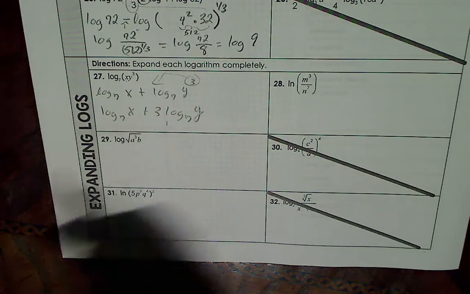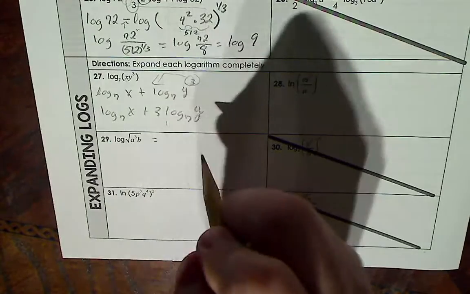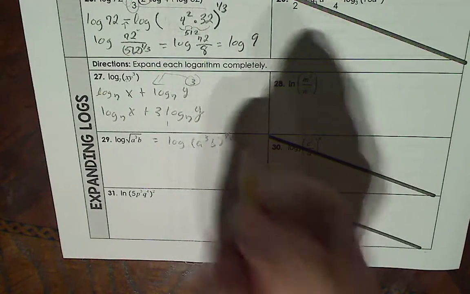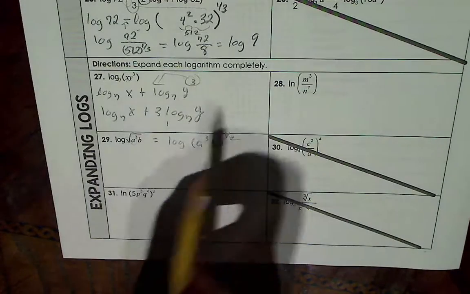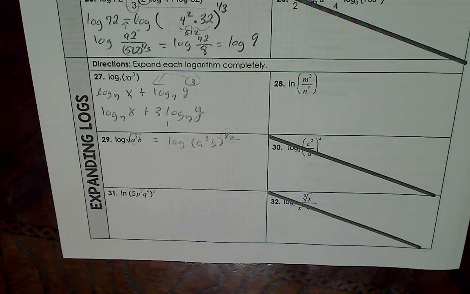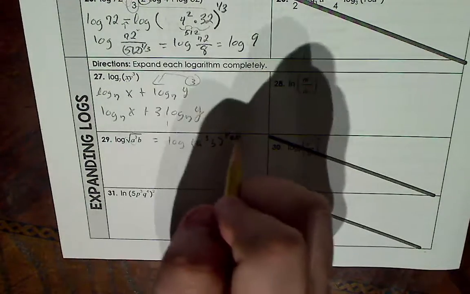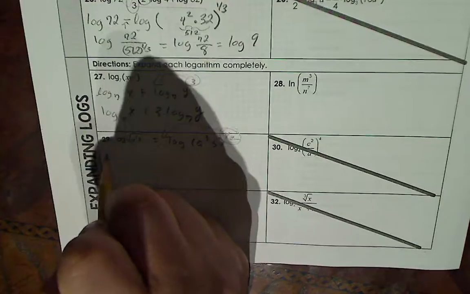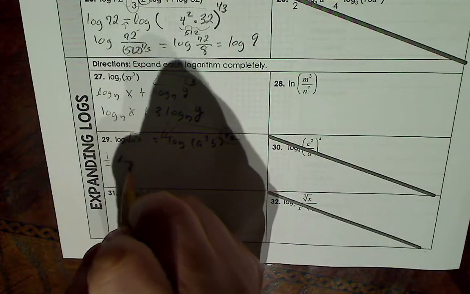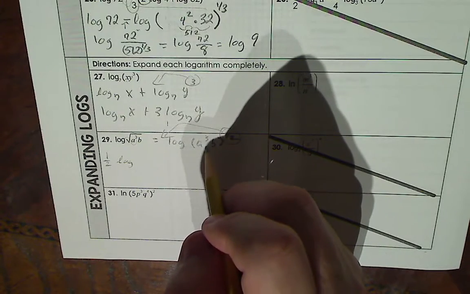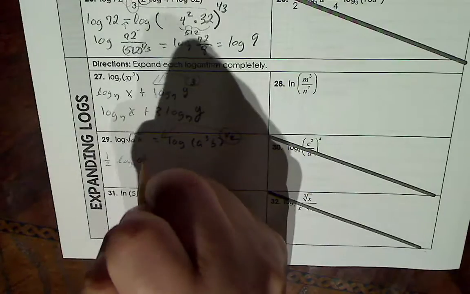Okay. First thing I'm going to do in this one is I'm going to rewrite this as log of a cubed b to the 1/2 power. Square root is the same as 1/2 power. Then I'm going to do, since this is an exponent to a coefficient, so 1/2 log of a cubed plus,